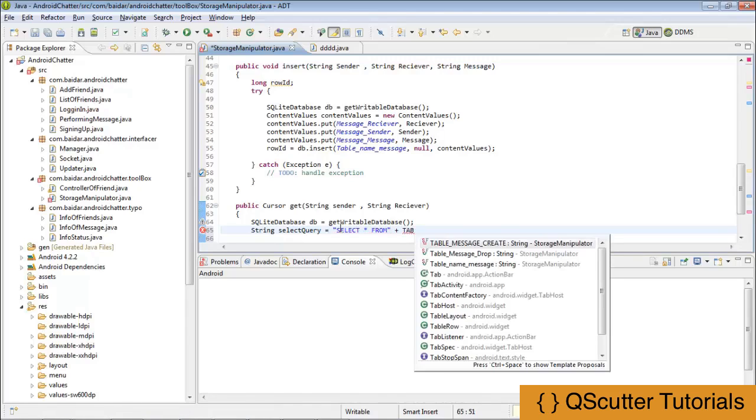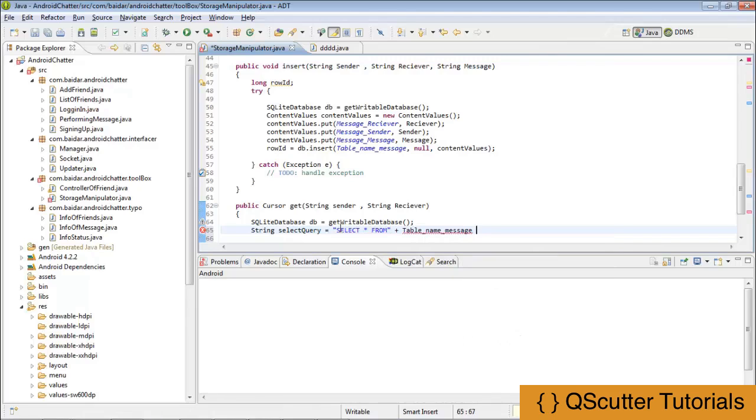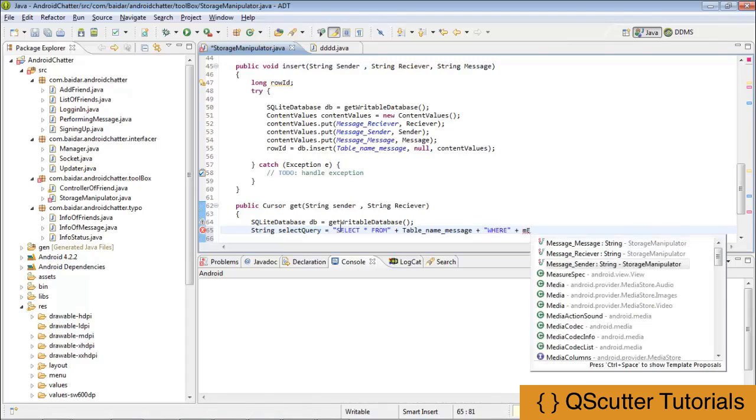plus table name messages, that is actually the table name. So select every row and everything from the table name messages where message sender